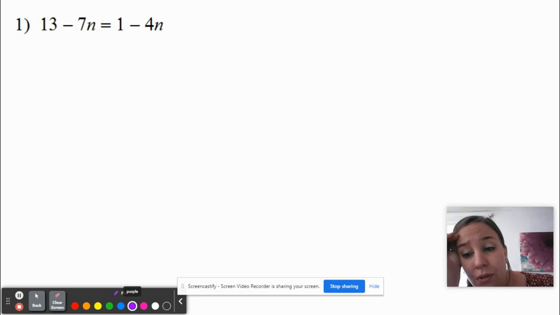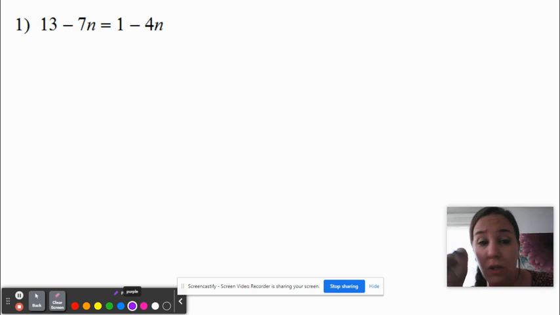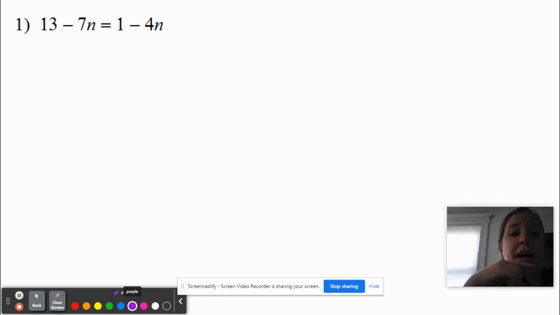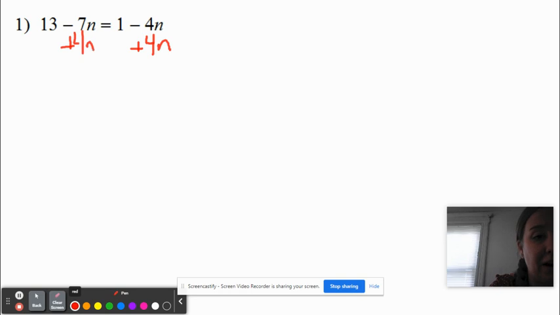So the first thing you always want to do is check for any like terms to combine, and we don't have any. So now let's focus on getting our variable terms on one side, and then our regular numbers or constant terms to the other. So I'm going to try to go ahead and get my variable terms on the left. So that means I need to do something about this negative 4n to remove it, right? So if I add 4n to both sides, and I've got to do it right under the other variable term,